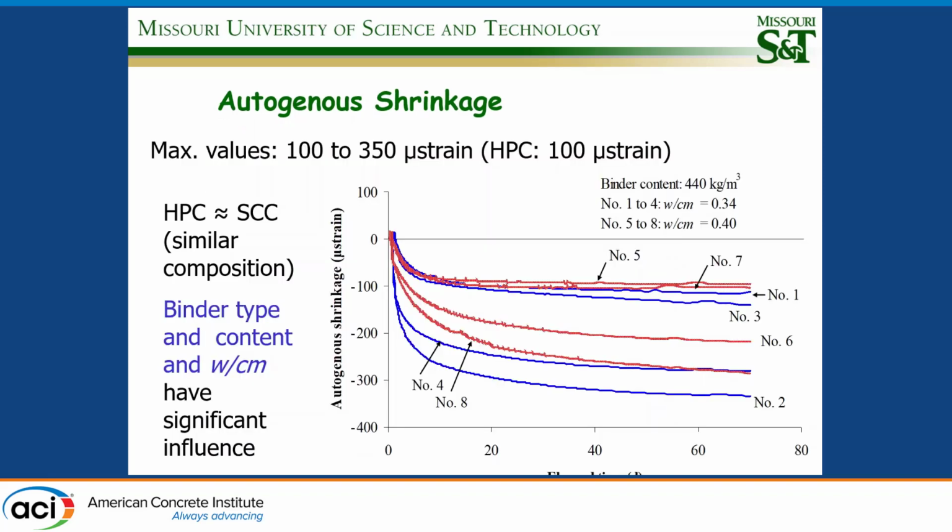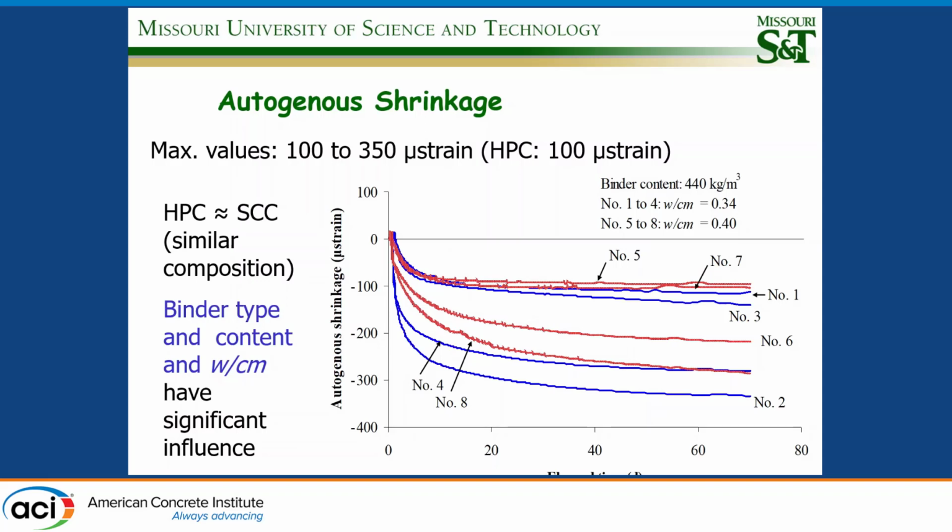And these are the results of 8 of the 16 mixtures. And you can see that there are 2 colors, really. The blue one would be the first one, the water cement ratios or water binder ratios of 0.34, and the lower ones, or the red ones, are 0.4. So you cannot say that one is better than the other, because there's other factors also, the other factors being the binder type. But you can see in general, the autogenous shrinkage drops very quickly, about 7 days, and then